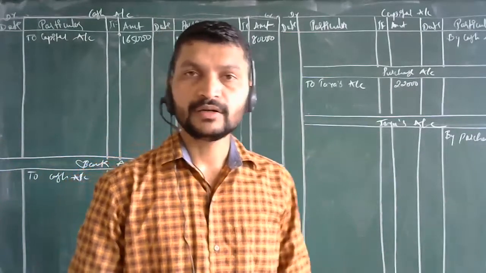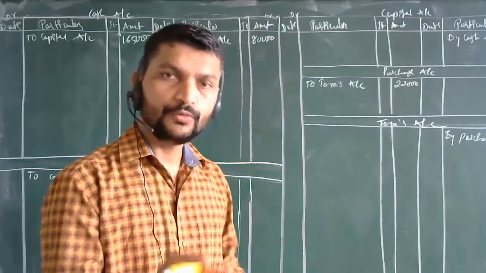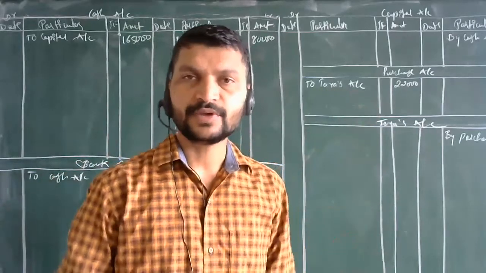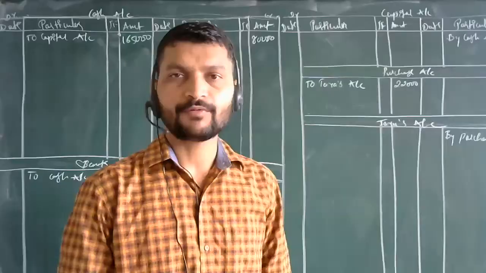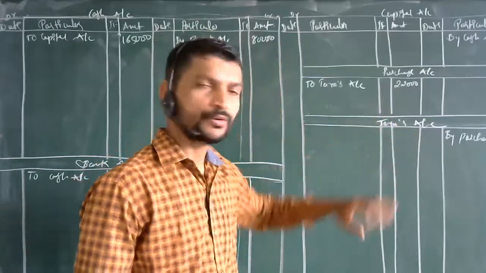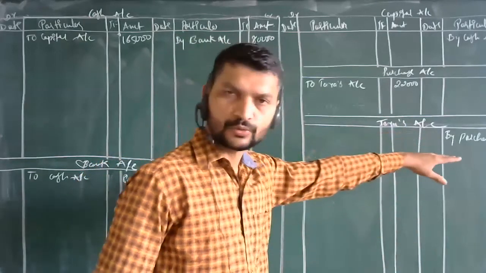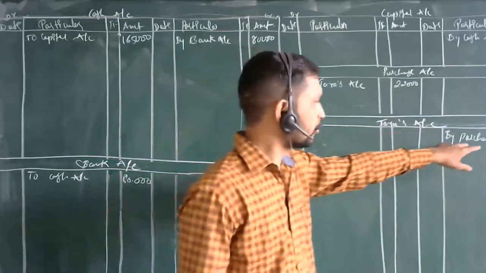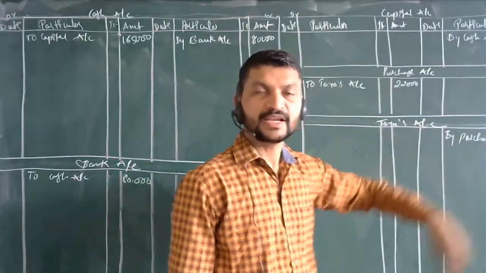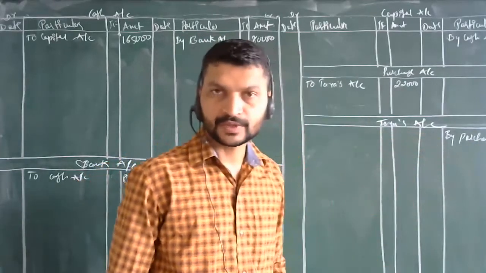When you really want to see the detailed information, you will see it in the ledger accounts. It is the best and easiest way to get all the detailed information. If you go directly to Tara's account, you are going to see all the details, such as how much you have purchased: goods for an amount of rupees 22,000. And if it is on credit basis, how much balance I need to pay him,